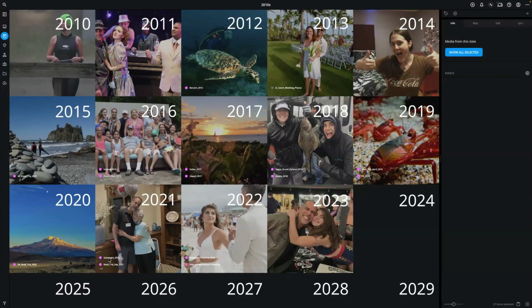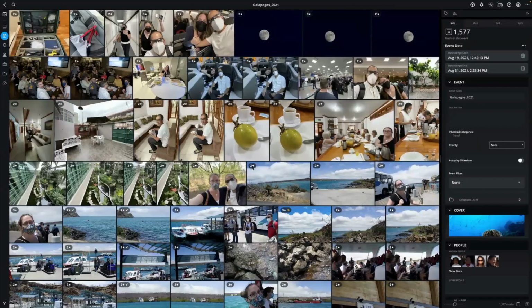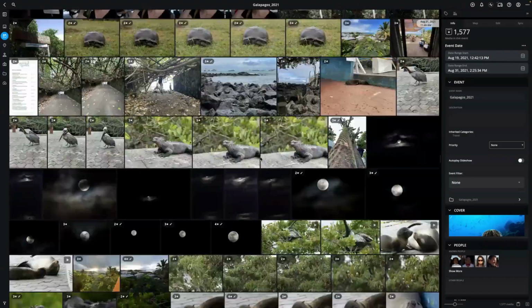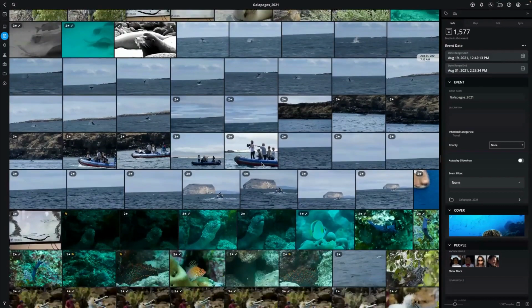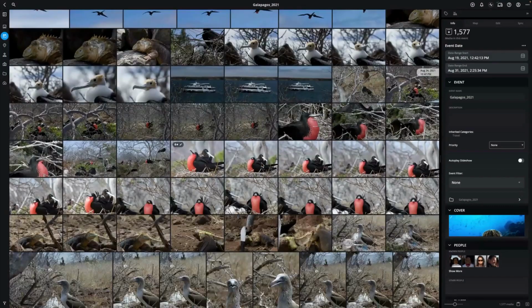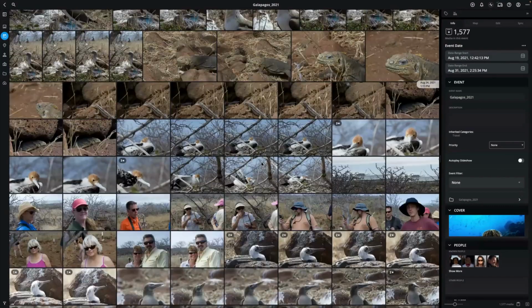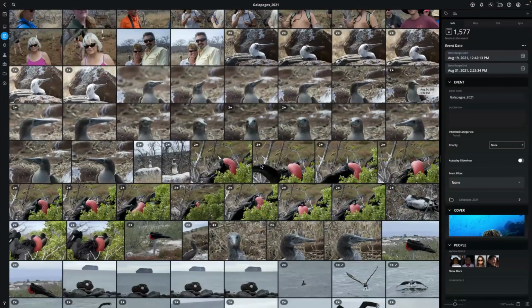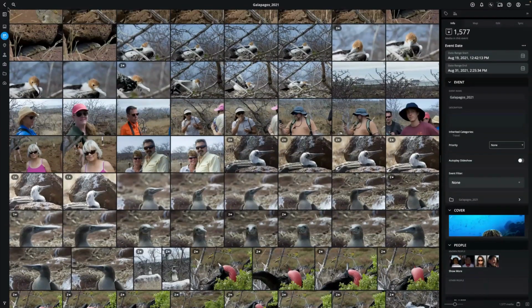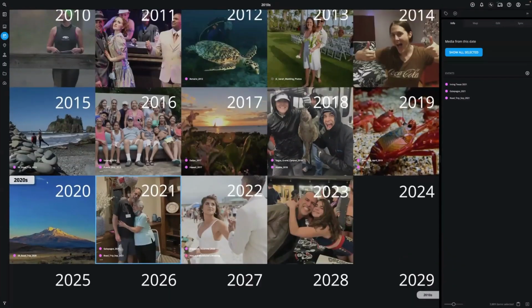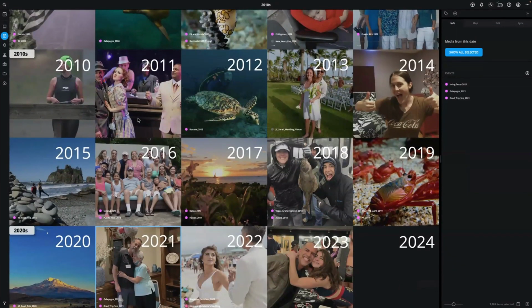But I can very quickly click on any one of these events. Like right here, I can click on Galapagos 2021, and it takes me to all the photos from when my wife and I visited the Galapagos Islands in 2021. Just like that, I can go to those photos instantly, still from the calendar view. But calendar is only one of the views in Mylio. While calendar is very useful for showing me when a photo was taken, there are